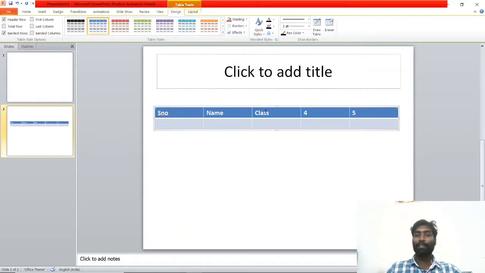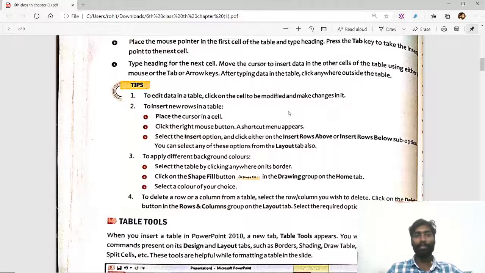Students, if I'm here in the first row, and want to go from the third column to the fourth column, I can use a mouse. If I don't use a mouse, I can use the Tab key, just one tab, another tab. If I want to come back, Shift plus Tab. Can you see? When I press Tab, it goes forward. When I select Shift Tab, it comes backward. So these are things you have to learn in this chapter.